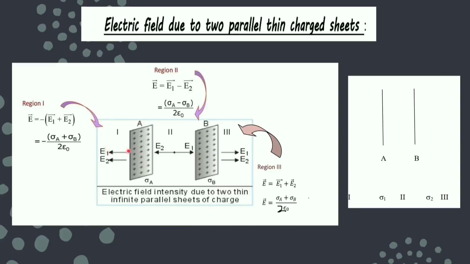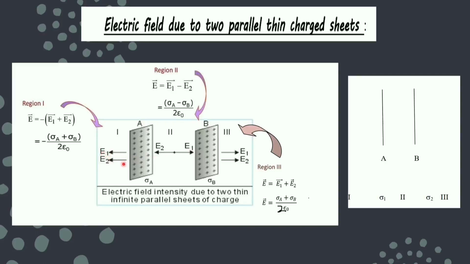See, if I want to find, I will be removing the B sheet first. I find the direction of E1. First, E1 in the left direction is outward, right direction outward. Here whether I have the B sheet or I don't have. So E1 is in the outward direction, both the sides, left or right. Now if I am bringing the B sheet, let us remove the A sheet. You can find the direction of E2. E2 is again for a positively charged sheet, B is a positively charged sheet, so E2 has to be again in the outward direction. So it means E2 is in this direction outward as shown, here also outward.